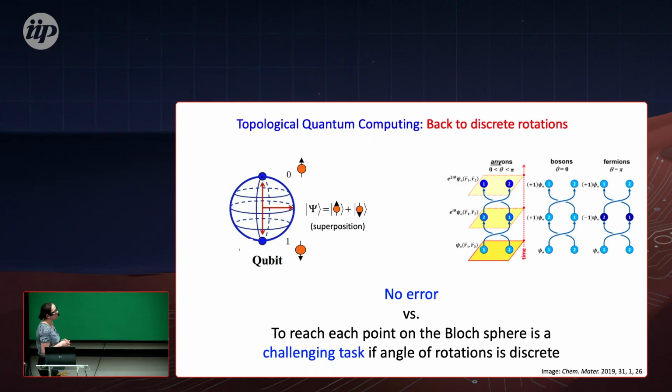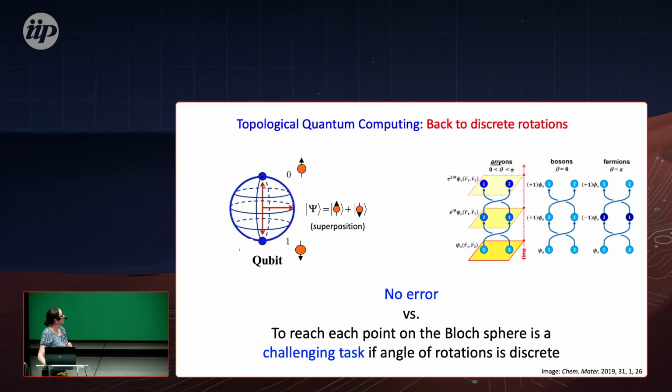And then one can go to more exotic particles, which are called anyons. There are many representatives of them, but usually in two-dimensional systems. Let's say vortices, you can also move them around, and then you have no errors, as long as you can control your path and you track what's going on in your system. And this was an attractive idea in the beginning of the field of topological quantum computing. Why not try to search for such states in condensed matter setups?